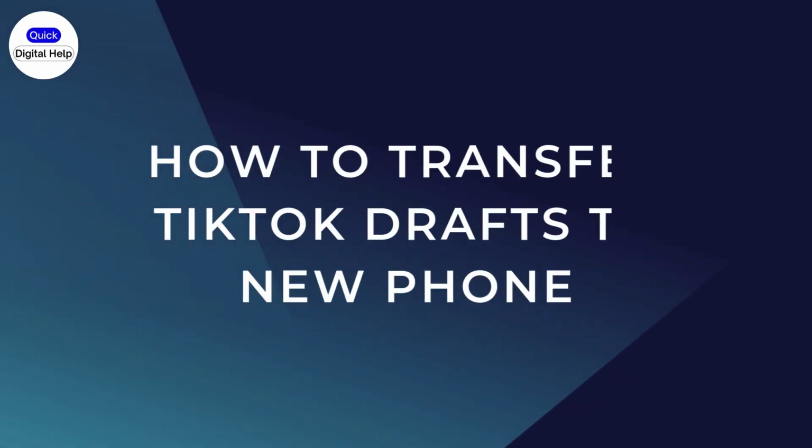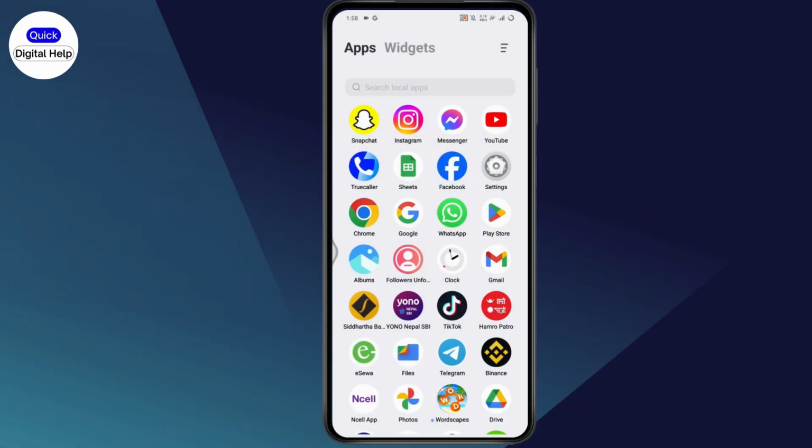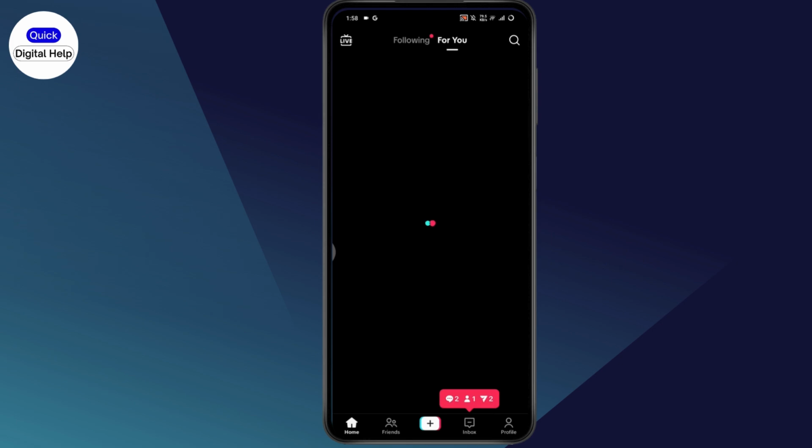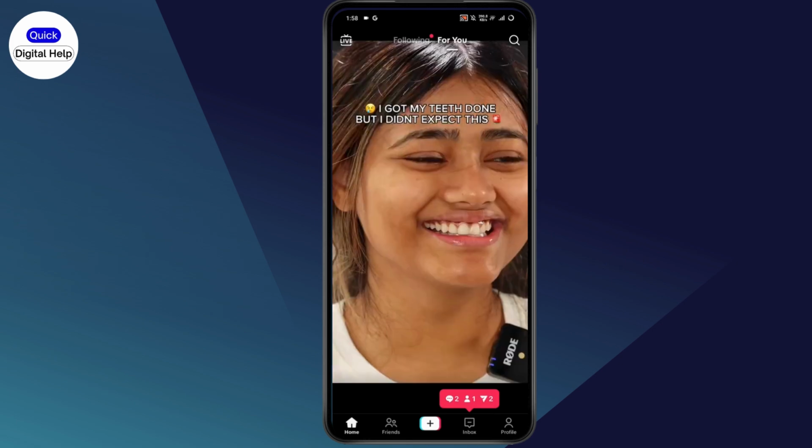How to transfer TikTok drafts to new phone. So if you want to transfer your TikTok drafts to your new phone, then first open up your TikTok. And let me tell you one thing, that you can't directly transfer TikTok drafts to your new phone, but instead